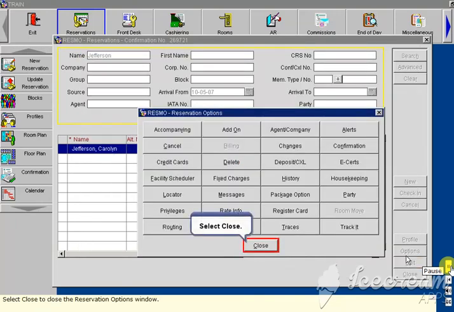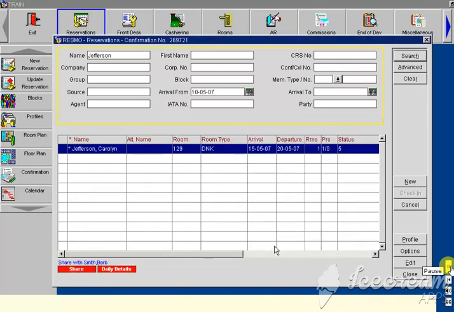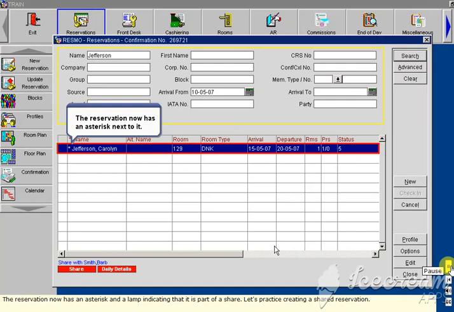Select Close to close the reservation options window. The reservation now has an asterisk and a lamp indicating that it is part of a share. Let's practice creating a